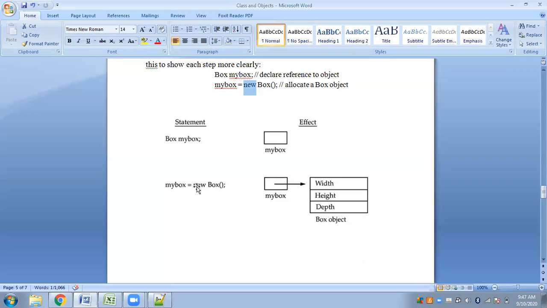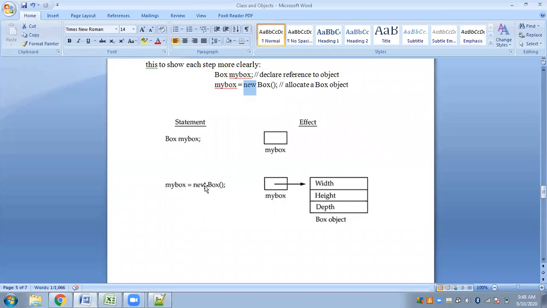Then what is this? myBox equal to new Box. After you create the box object, this is a memory location and these are the cells. And as you know, every cell in memory has got a particular address. What will the new operator do after creating the box object?